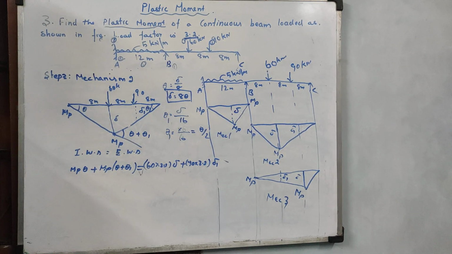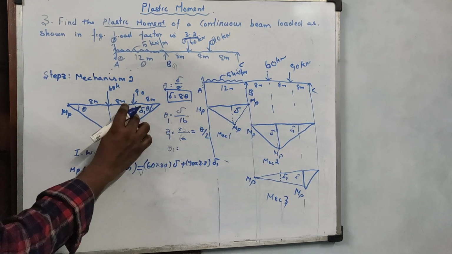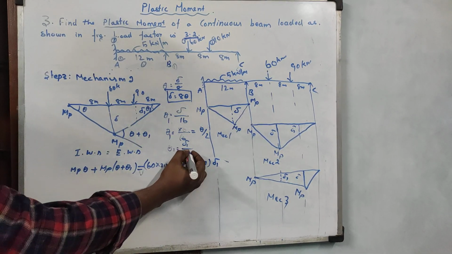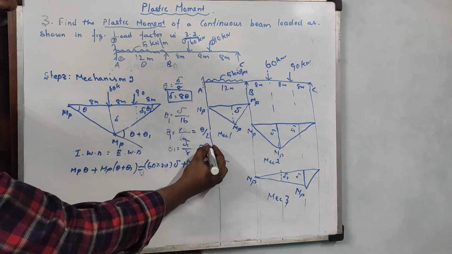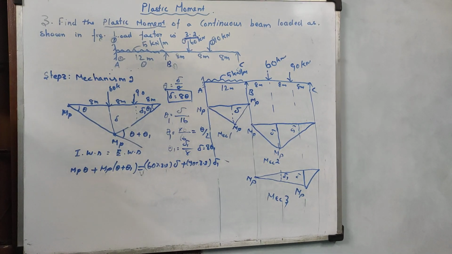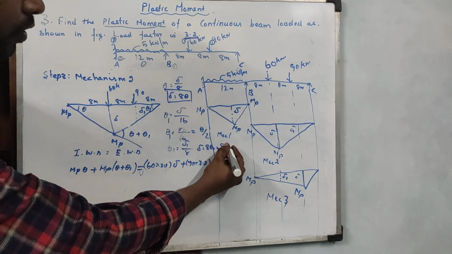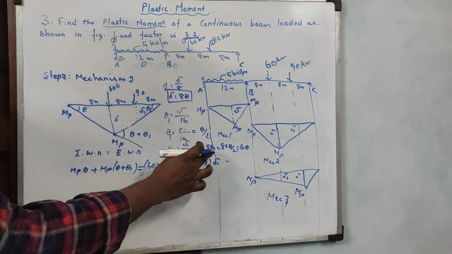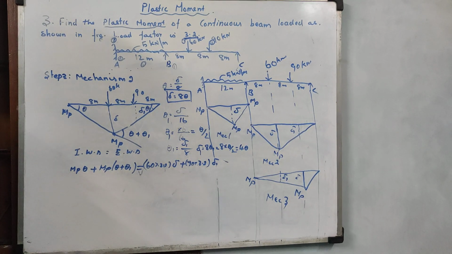Two unknowns over. Next, del 1. So we know that theta 1 equals opposite, it is del 1, divided by adjacent 8. Therefore del 1 equals 8 theta 1, and theta 1 equals theta by 2, so 8 into theta by 2 equals 4 theta. Del 1 equals 4 theta.